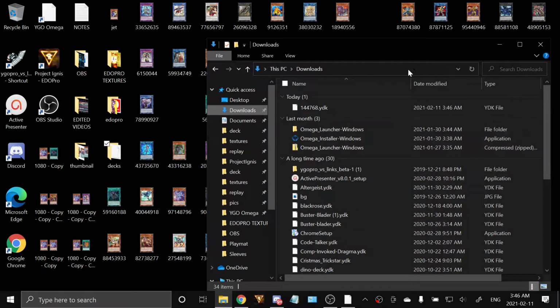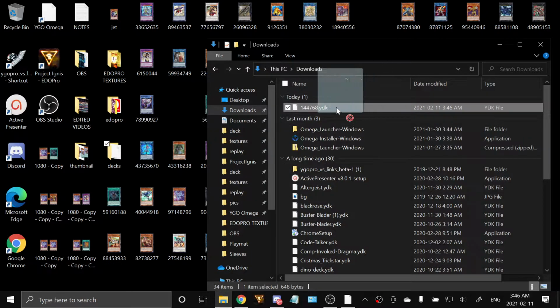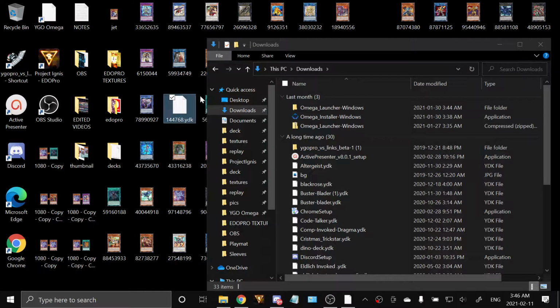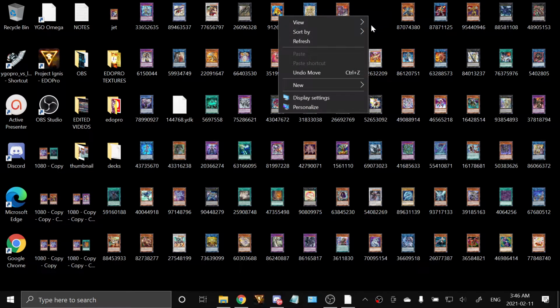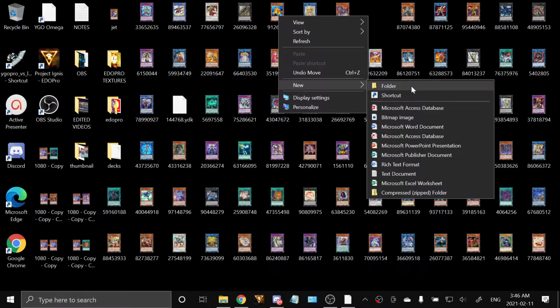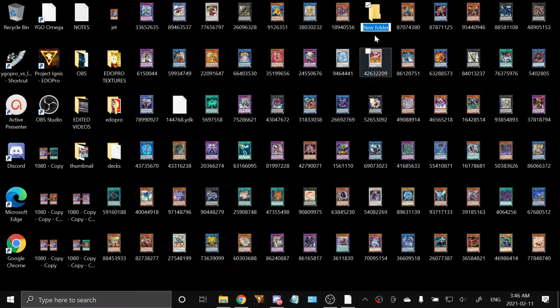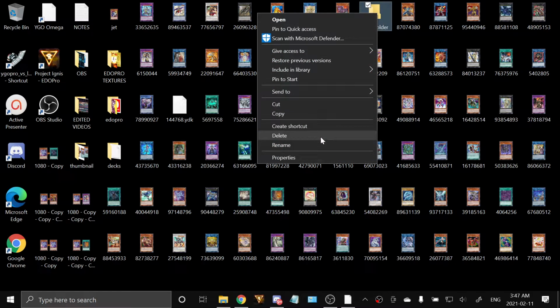Now you take this out. So if you download it from Dueling Book or anything, you take it, you drag it. Whoa, what the heck? Should be able to drag it onto your desktop, and then you have to make a folder. You just right click and then new, and then folder, and then that's what I did, and I named it Dex. So I'm going to delete this one,